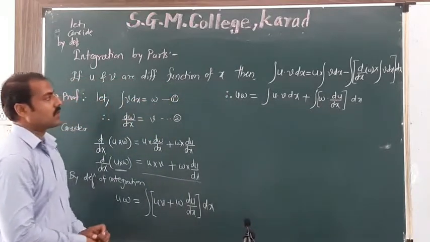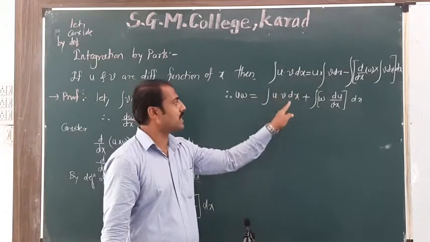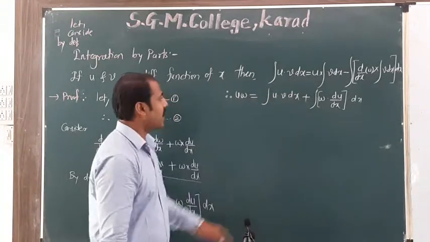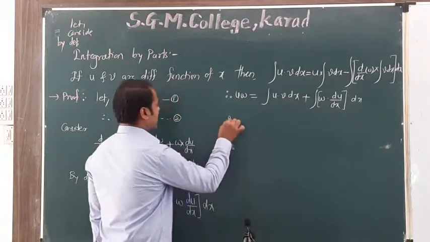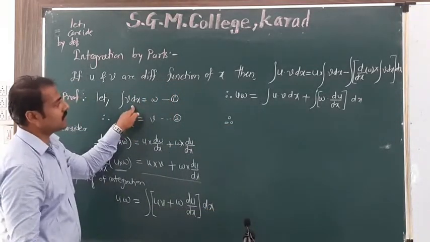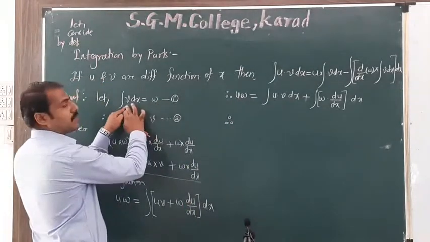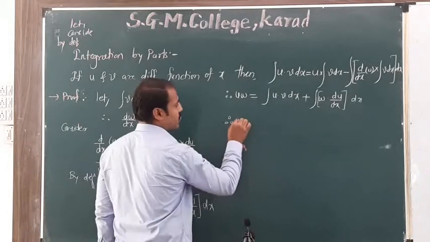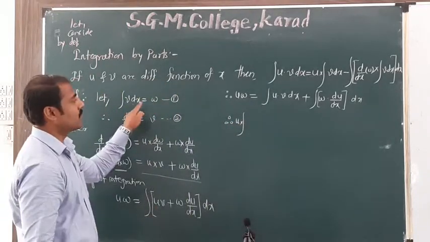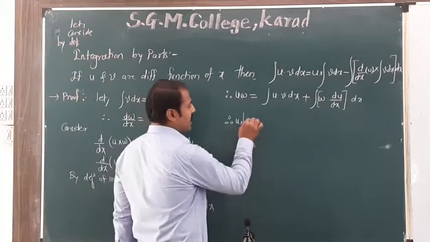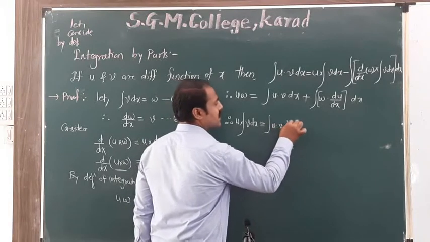Now here we have to find in LHS integration of u into v dx, and here is that term. For that, using the first equation, what is w? W is nothing but integration of v dx, so I can put the value of w. U into w, that is integration of v dx, is equal to integration of u into v dx as it is,